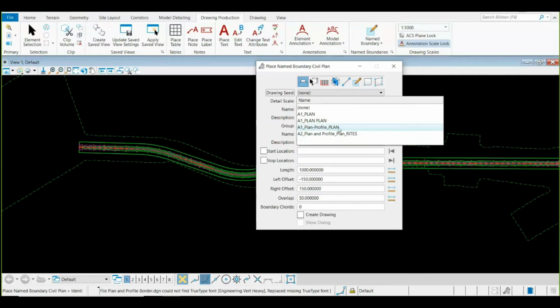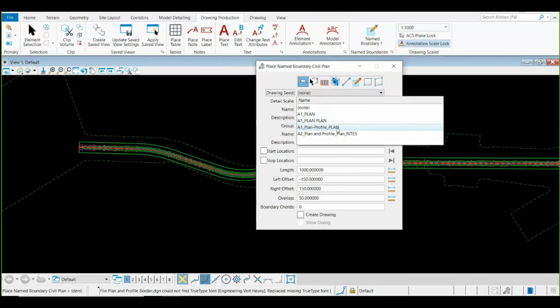If I select this, I can have multiple options, not only the plan and profile. If I want a complete plan centered over my sheet, I should select A1 plan. If I select A1 plan, the sheet will be divided into two halves, and the upper part will be plan, and the below will also be the plan, which will be continuing from the chain edge from where the upper plan is ending. The third option is A1 plan profile plan, which means I want to create a plan and profile sheet on A1 sheet size. And now first I'm going to cut my plan sections.